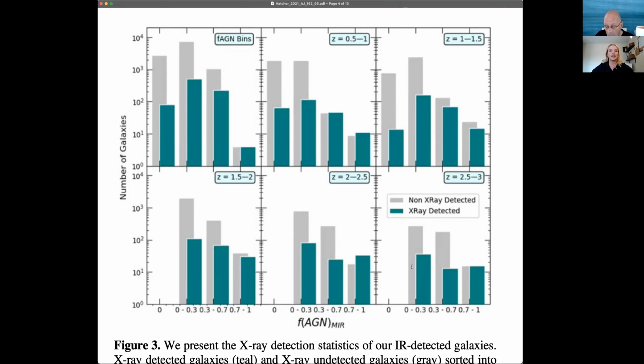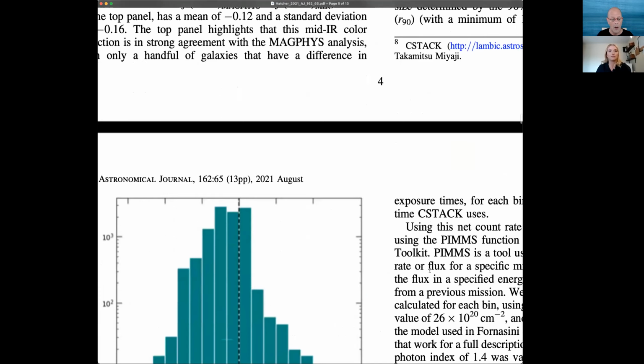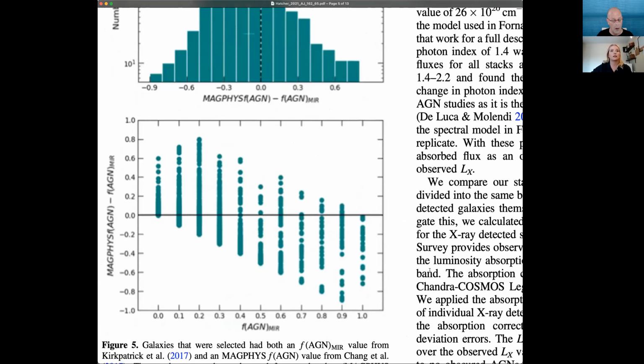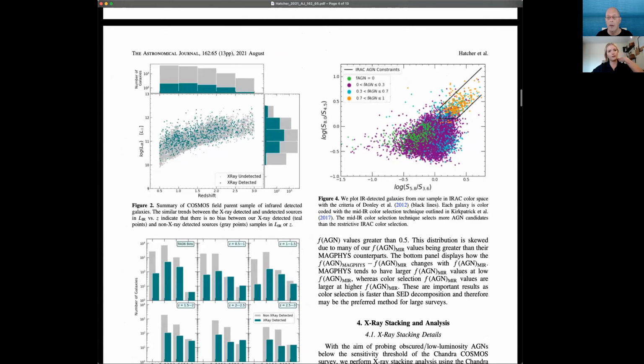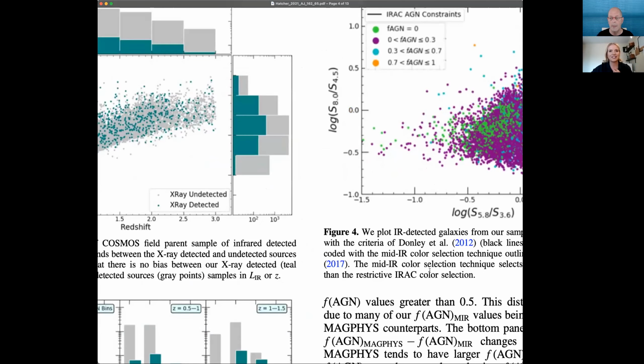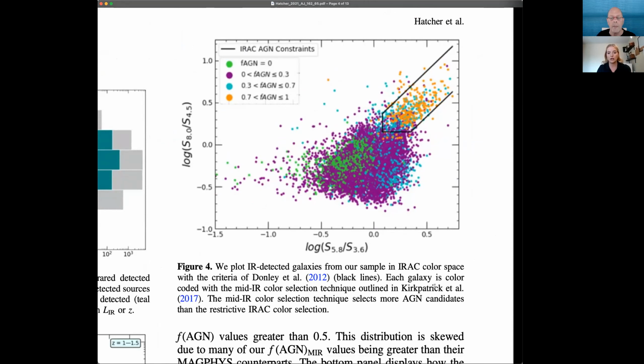And so next, one of the key points of using this color selection, if we scroll down to figure 4, is that we compare this color selection to other detection techniques, such as the IRAC method in Donley 2012. Here we go. Figure 4 shows how our color selection technique compares to the constraints of the IRAC technique. The black lines you see there, IRAC defines as anything in that little wedge as an AGN, whereas ours, if you look at the colors,